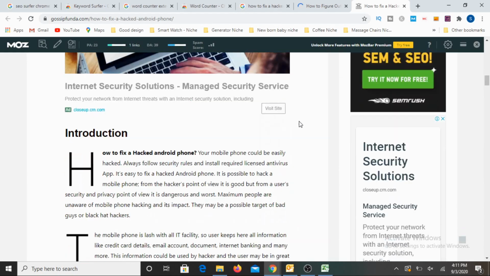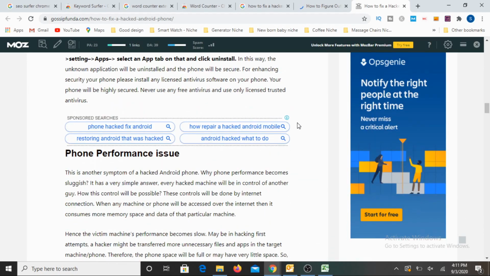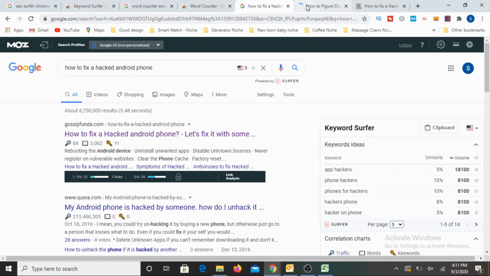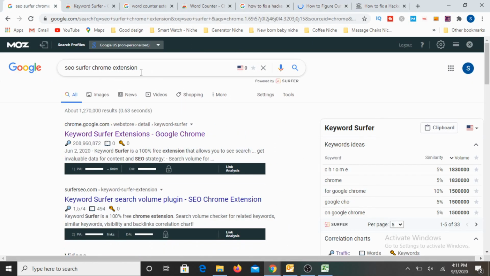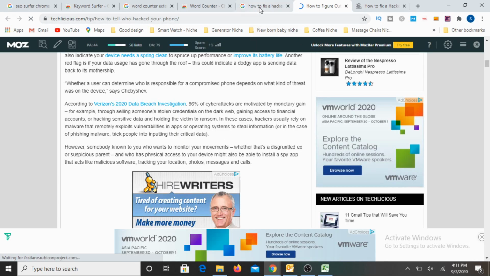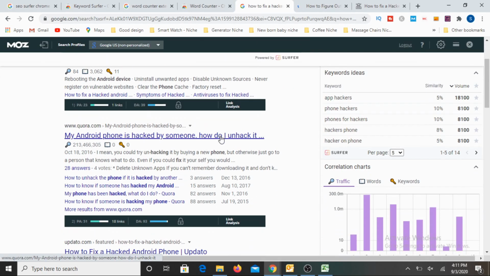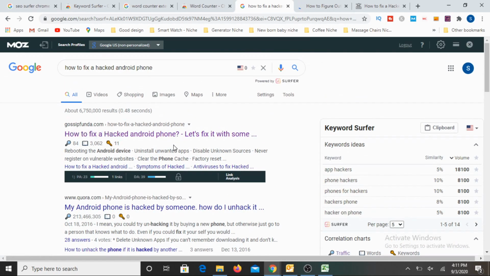That means you go through these articles and identify certain topics which are either not extensively covered or not covered in these articles, and write content for those things. So this is how SEO Surfer, this particular extension, will come very handy. Without opening any article, by just looking at it, you will be able to make out the word count of most of the competitors' search results.